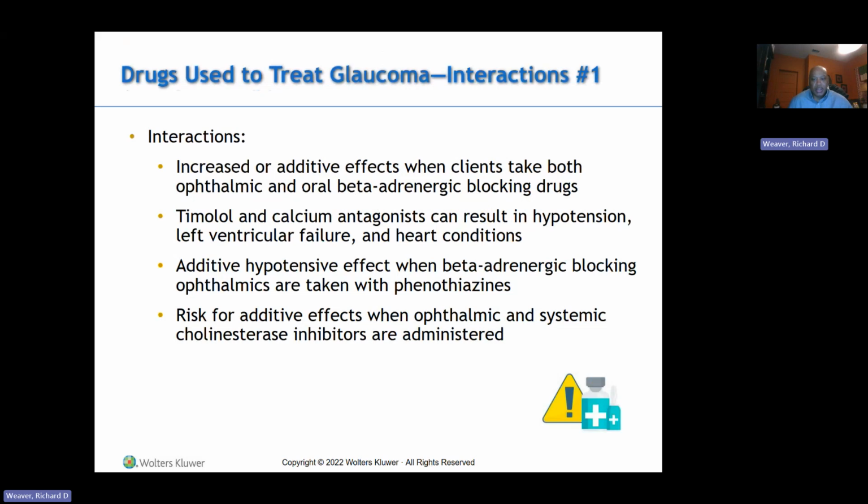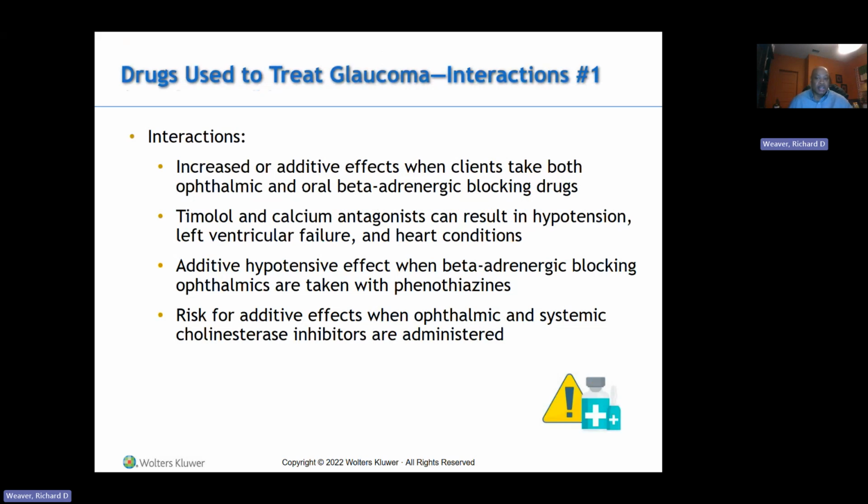Now, when cholinesterase inhibitors are administered with systemic anticholinesterase drugs, there is a risk for this additive effect that I was talking about. Again, there's this risk of additive effects. It means using cholinesterase inhibitors, which are used to block the breakdown of acetylcholine, in combination with